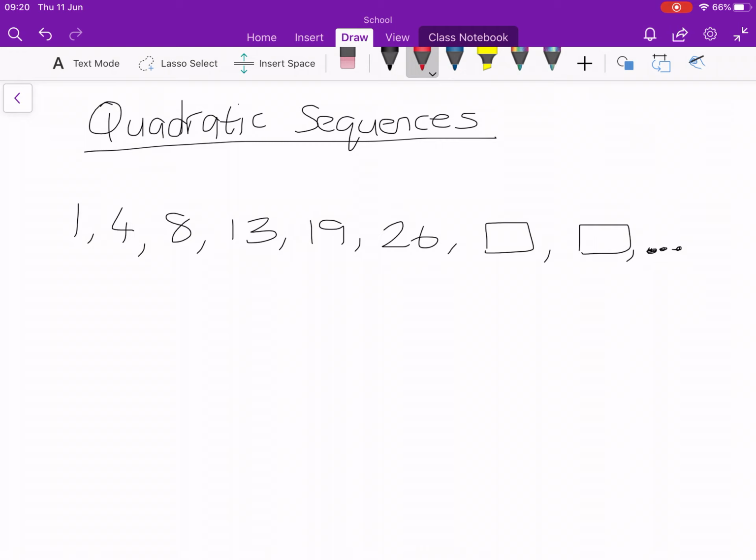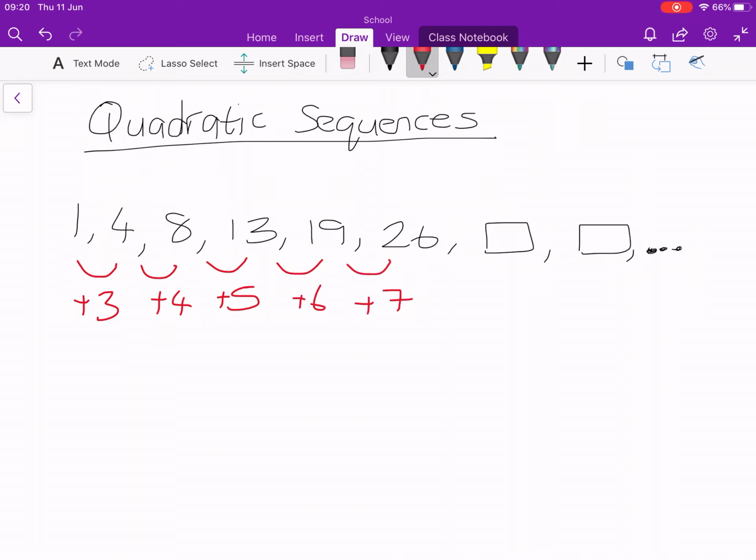Now generally you can work out the next couple of terms without the nth term just by learning the rule or working out what the pattern is. But some questions are going to ask you for the nth term as well, so we will look at that. So to start with, you're going to try and see if you can find a common difference. In order to find a common difference, the first thing you have to do is find the differences, whether they're common or not. So you should see here, you've got plus 3, then plus 4, then plus 5, plus 6,